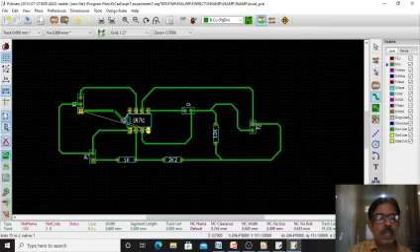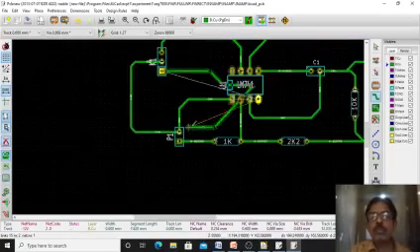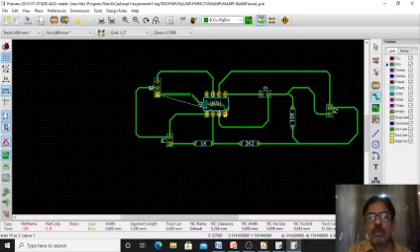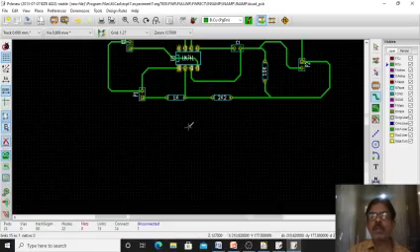So go through the IC and connect it to pin number 4. Just see here. Okay, pin number 4. Now just see all the white wires are gone, right?